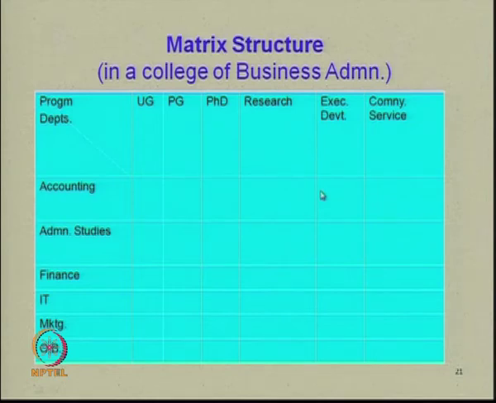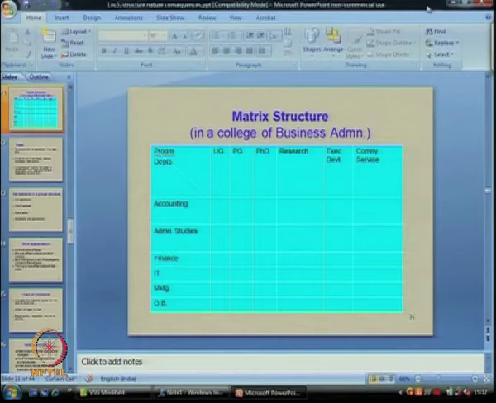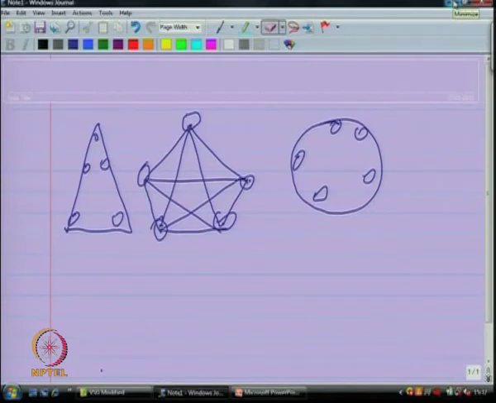Let me illustrate to you some other types of structures which you need to be broadly aware of. This is a pyramidal structure, this is a pentagonal structure, this is a collegial structure. In each case, you find that there are 5 jobs. Therefore, all the 5 jobs will have their 5 job designs, but these job designs are in a certain relationship. For example, here